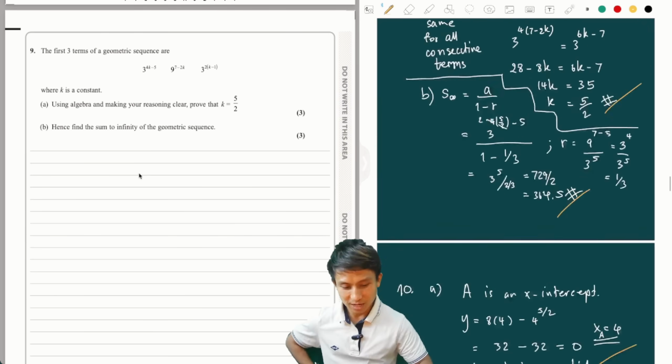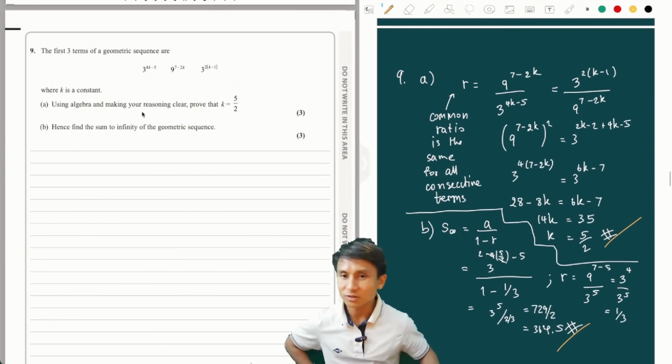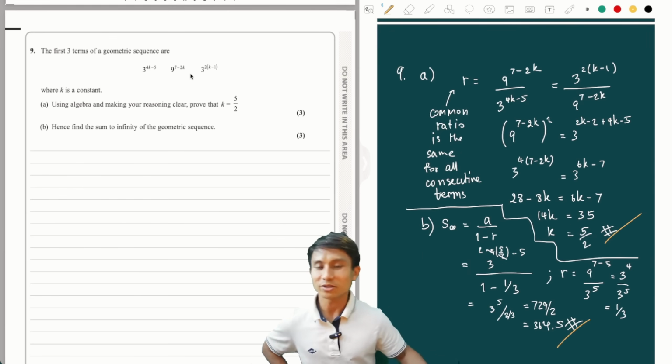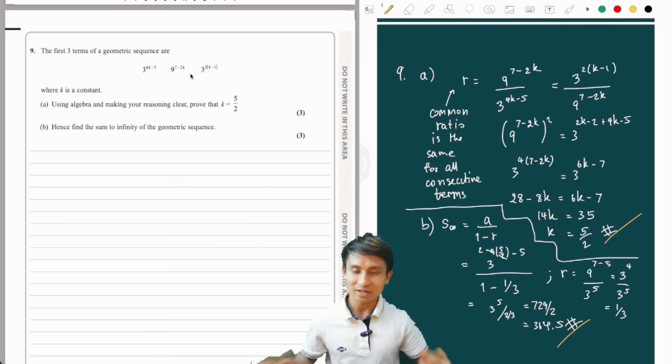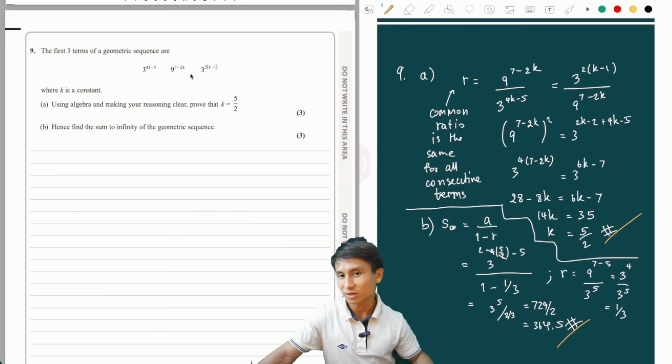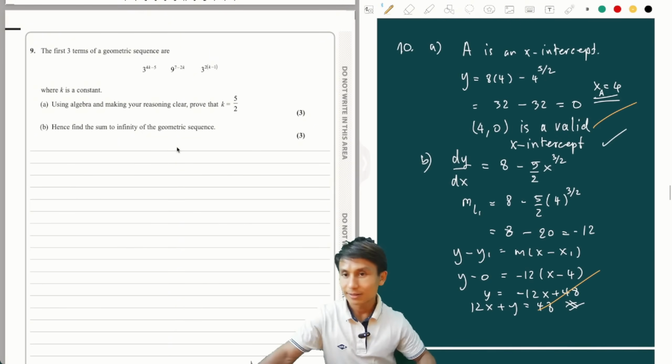This one, number 9, yeah, everything is fine. So you just have to bear in mind that the common ratio is the ratio between two consecutive terms, right? The next one divided by the current one, okay? And yeah, number 10,